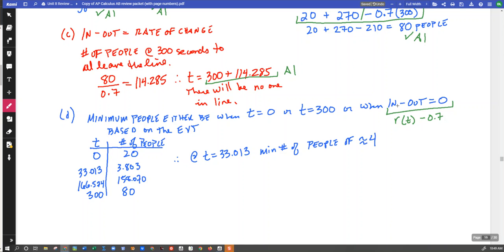Because if all you write is in minus out without the actual notation, then if your final answer is wrong, you do not get this point. So better to write r of t minus 0.7 to get that mark. Then, if you correctly identify 33.013, then if you correctly get 4 people,